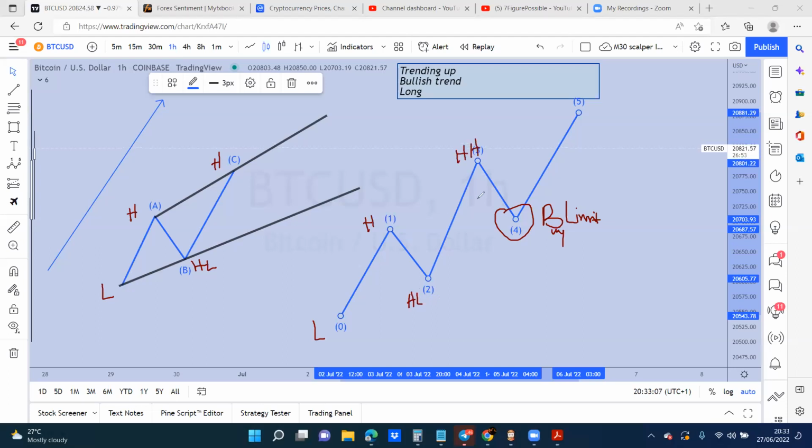If you want to enter, you might be thinking of entering at a higher low too, hoping that because it is an uptrend, it's going to create a higher high too. So you could take a buy limit at point 4,